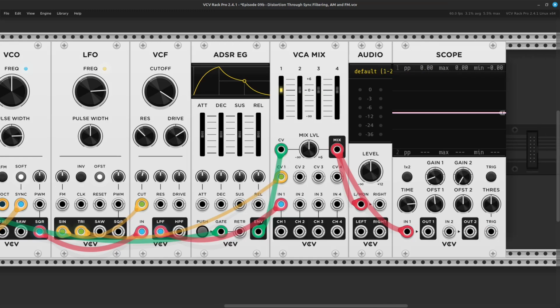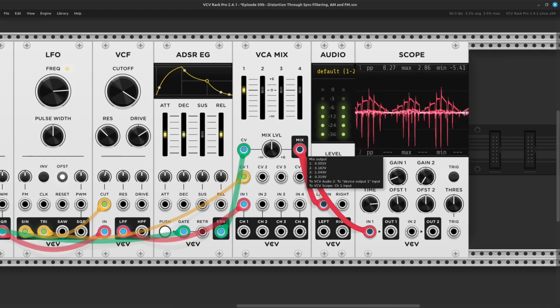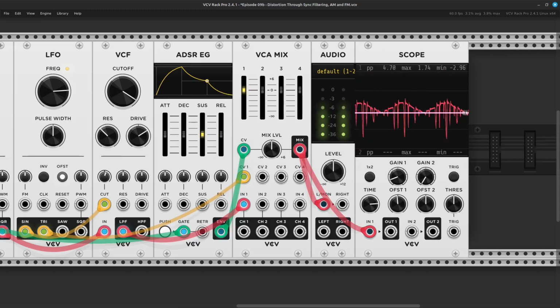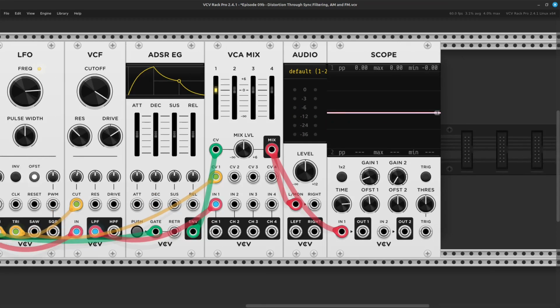Pretty cool stuff. Now, you can see our waveform is really